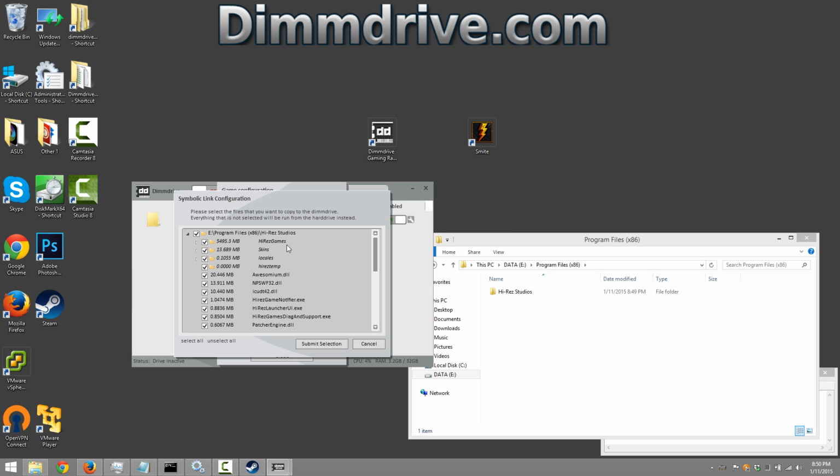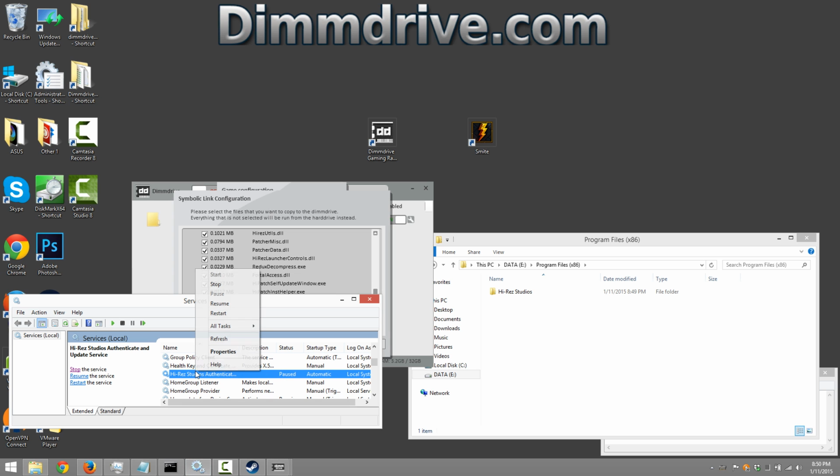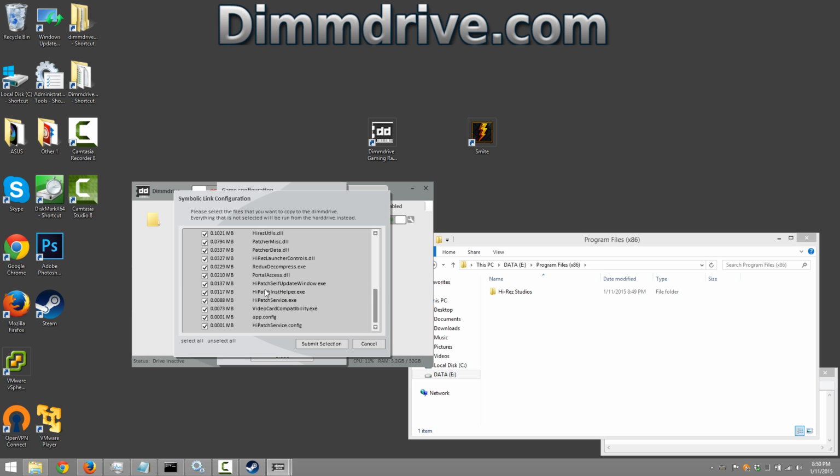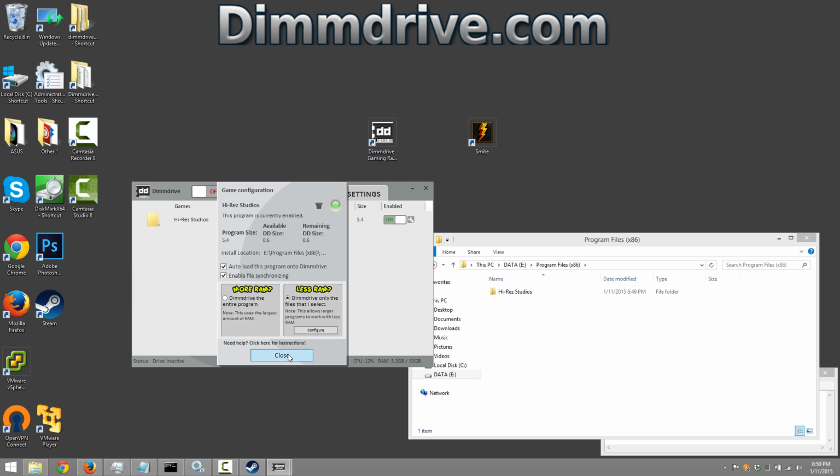If we look down the list right here, we can see all the different files. When we go to the high-res service, we can right-click, go to Properties, and it'll say high-patch-service.exe. Minimize this again, look for high-patch-service.exe, and make sure that's not selected. So we have everything else selected but that, so I do Submit Selection, and we're going to go ahead and